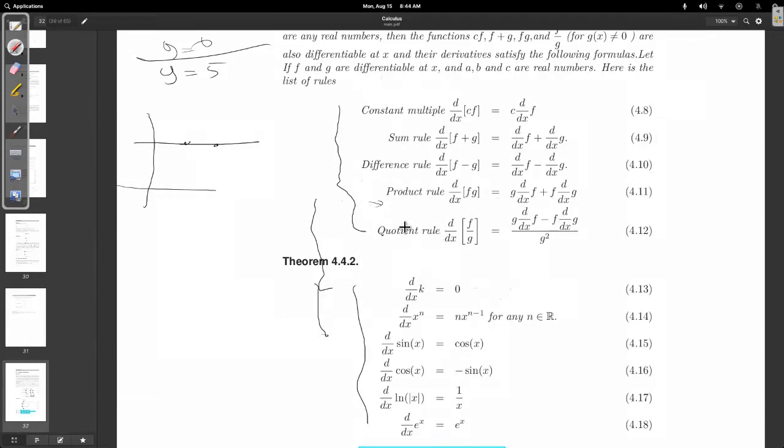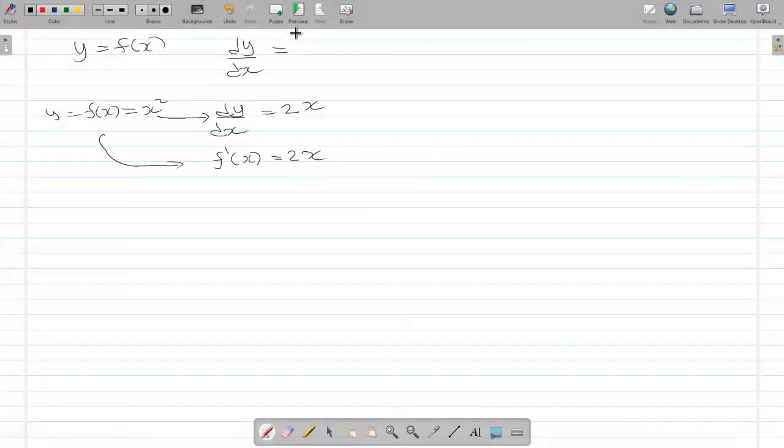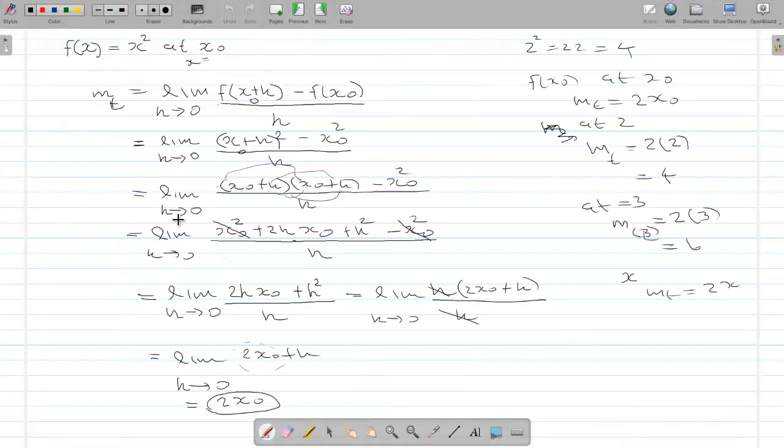Okay, so you don't have to know how I obtain these rules. These rules you can obtain using the definition like I showed here, taking the limit. Using this definition you can obtain all the formulas. What you have to learn is how to apply those formulas mainly. You may need to know only this example, but for the other ones you just need to know how to apply